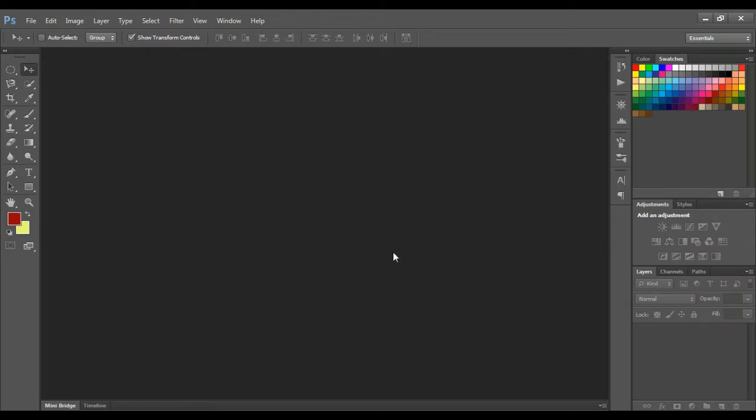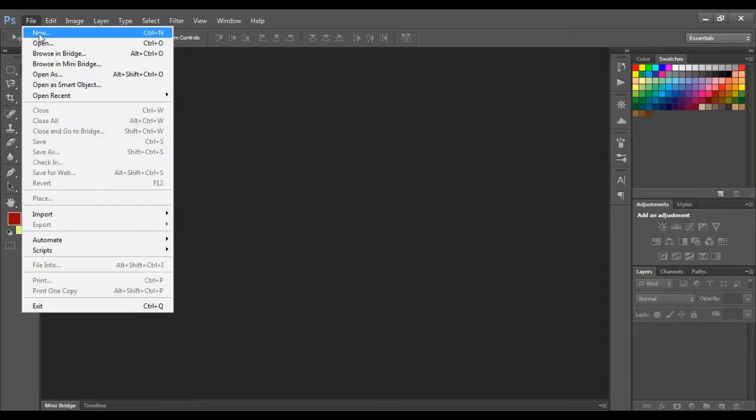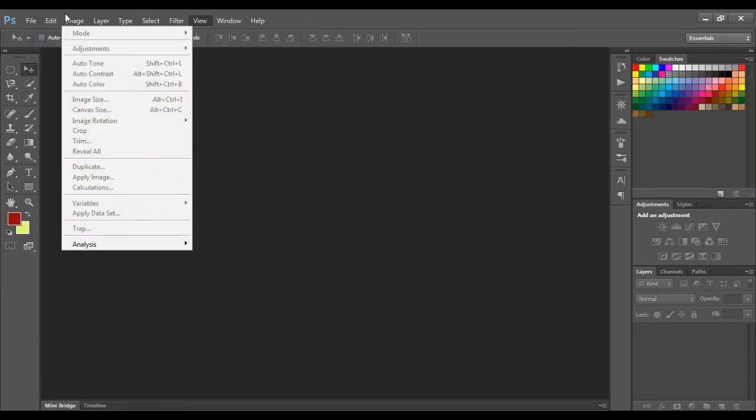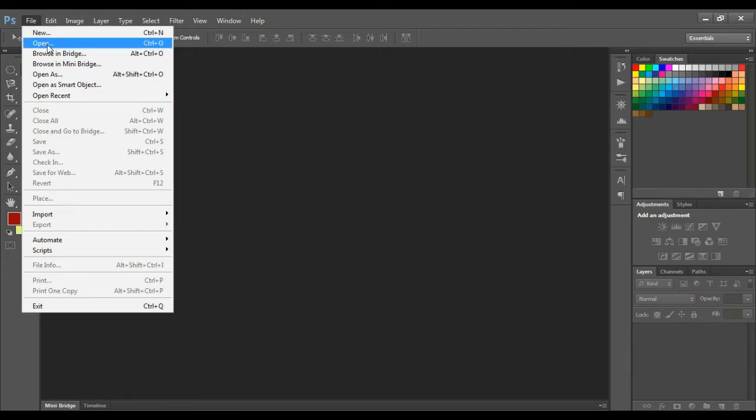From the file menu, by clicking on New, we will open a new image for our work. Or if you want to open any other image from your laptop, you will click on Open. And if you want to know the shortcuts, the shortcuts are also written over here. Control plus O is the shortcut for opening any file, and Control plus N is the shortcut for opening a new file. So first we will create a new file.